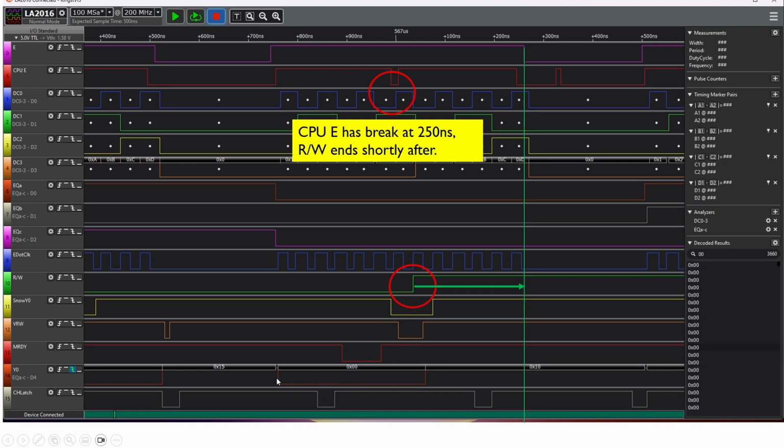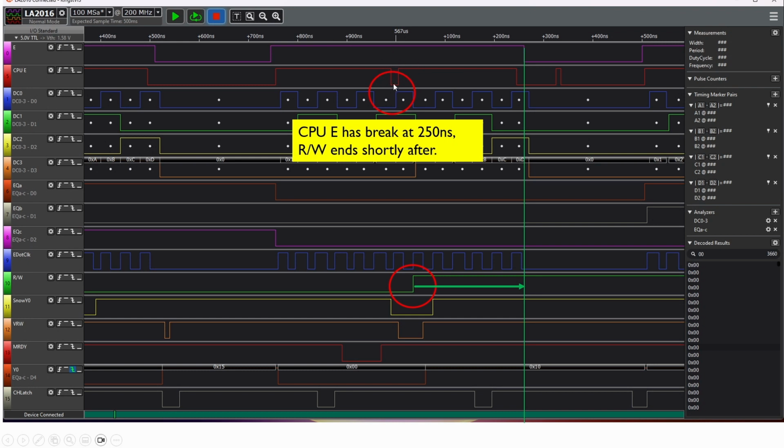What I also noticed is this original decoder Y0 here, which should be the address line combined with the E signal and then inverted, so we'd expect this to end at the end of the E signal as well. The fact that both this and this were not working indicated there might have been an issue with the timing signal here. So I rewired it slightly to make sure that both the CPU E signal and the main bus E signal were derived in the same way and went through the same buffer chips, and that seems to have resolved that particular issue.